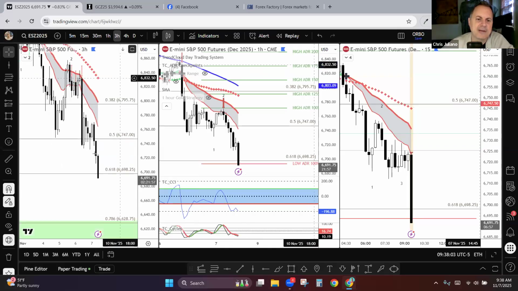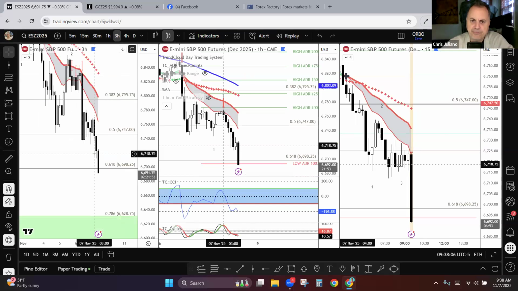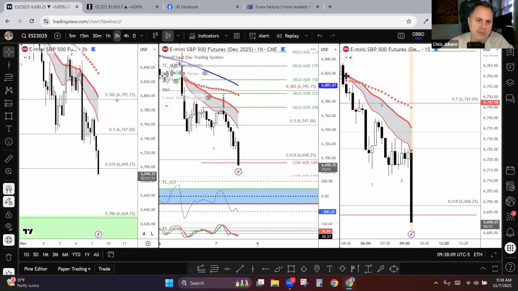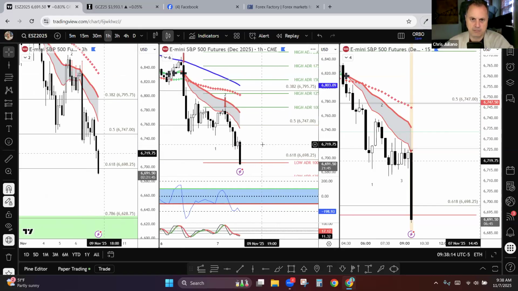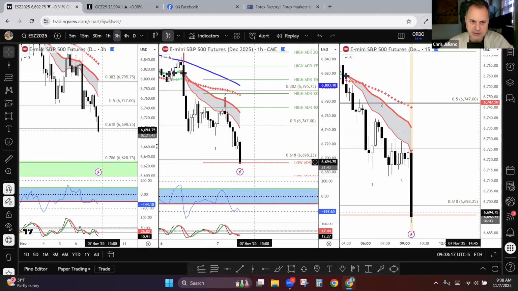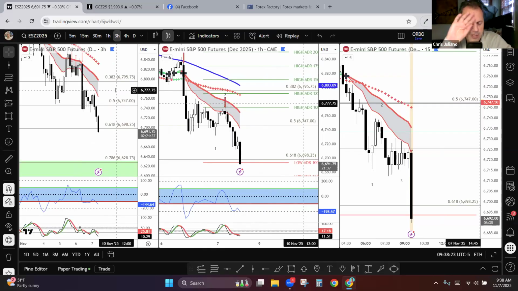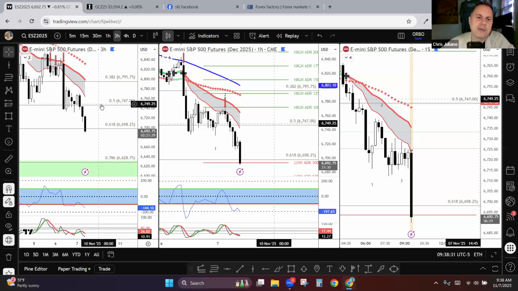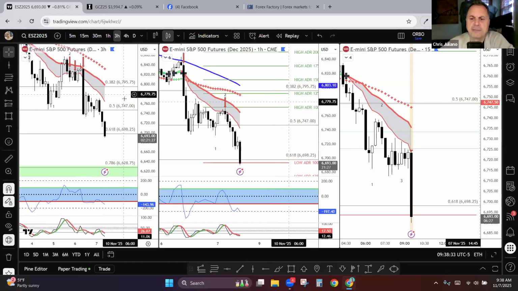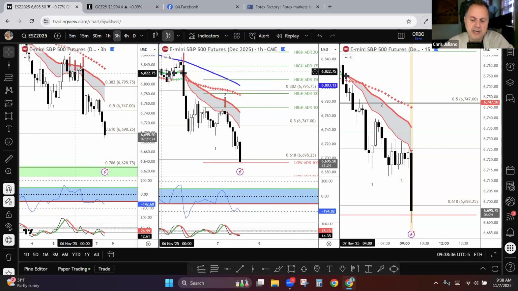I am ecstatic about this because we've been waiting for this stupid thing to recalculate on the daily chart, because it has really been chopping us up. It wanted to recalculate so badly on the daily chart. All the upward moves were very short lived. It's like we want to go up because the economy is great and we're making deals all over the world and there's peace in the Middle East,